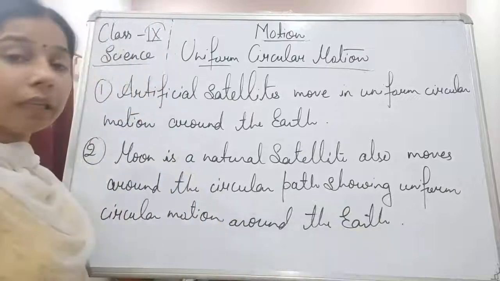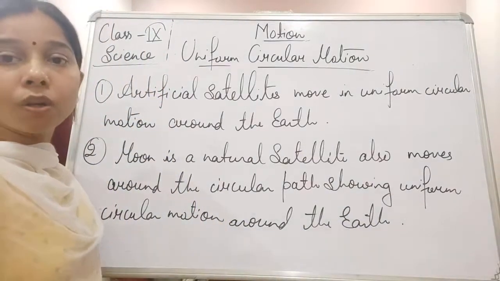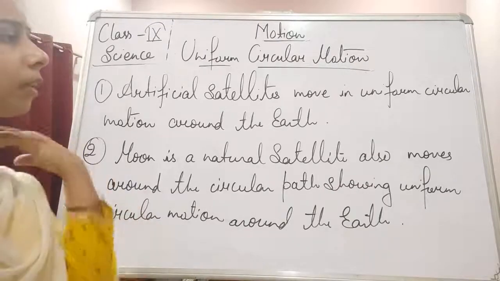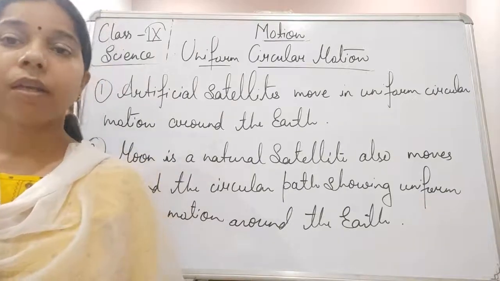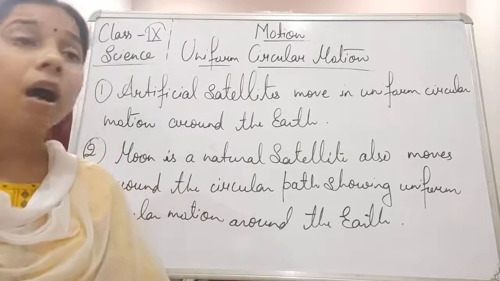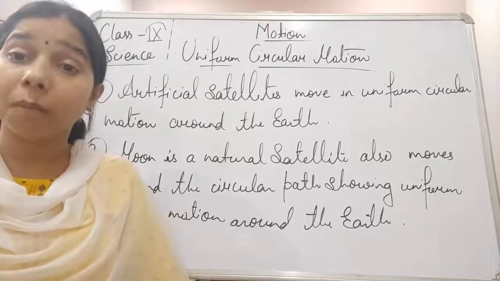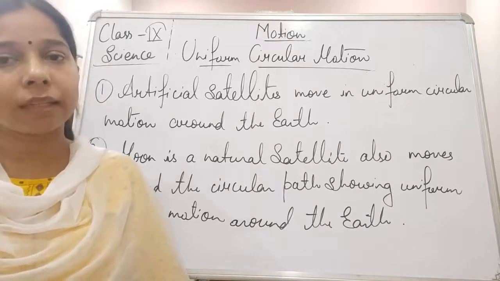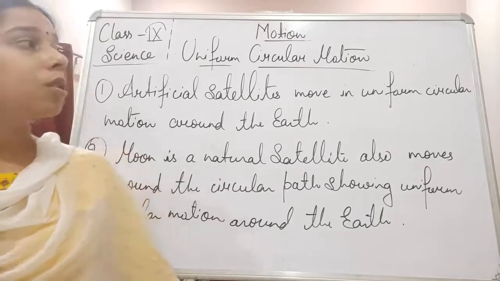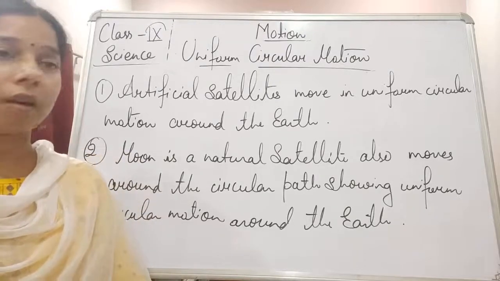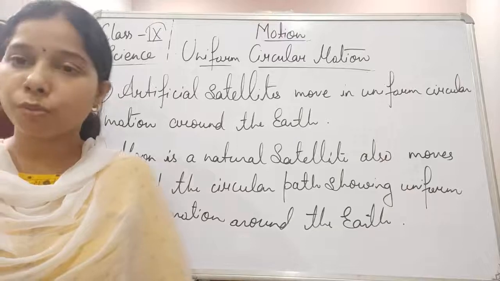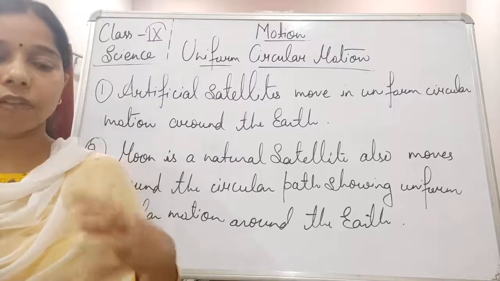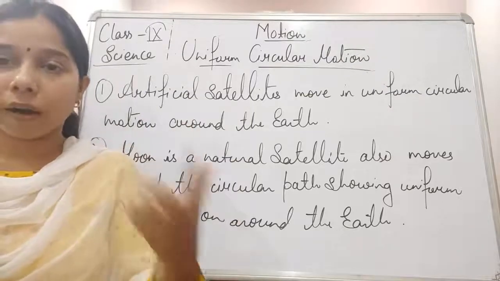We can see here, students, either it is an artificial satellite. You all know that artificial satellites also rotate around the earth. It is really not important that they are rotating around the earth. There are a lot of satellites which have been sent to other celestial bodies, including Mars, which help in detecting and giving information regarding the planet or celestial body. They basically revolve in a circular motion, moving on their orbit.